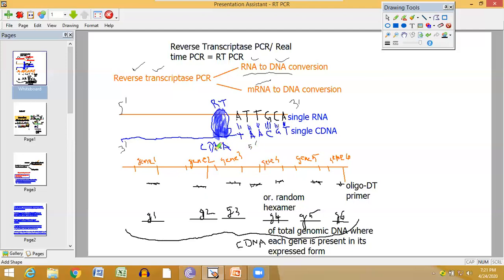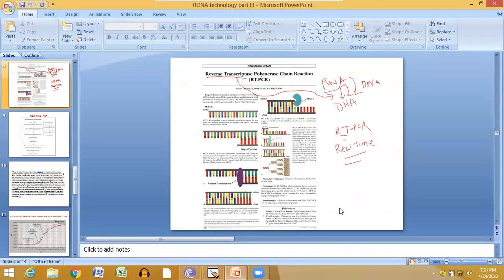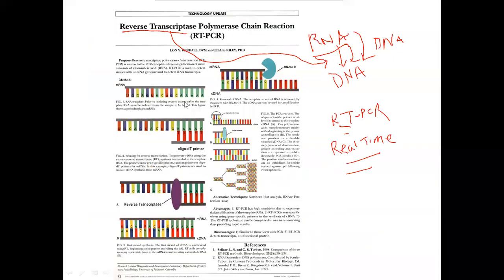One thing we should remember is that these cDNA, after you synthesize them, can be renewed. I am showing you this slide. In this slide we can see the steps where the cDNA renewal and subsequent PCR are given. You see, this is the total cellular mRNA. This is the reverse transcriptase PCR on total cellular mRNA. Now you are adding oligo dT primer.